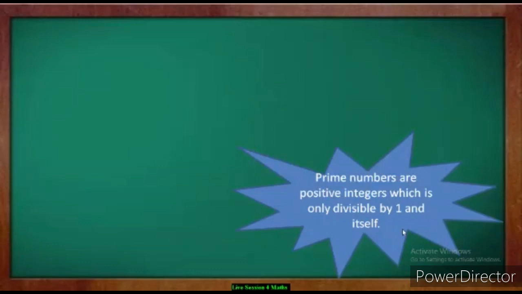Now where are these prime numbers used? Let me give you a very easy example. In online transactions, online banking, online shopping, online payment, you use public key cryptography. Public key cryptography uses this prime factor concept, where banks provide you one public key which you use to log in and validate your transaction.